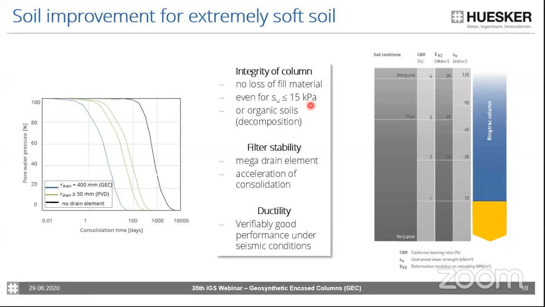The minimum undrained shear strength in which the columns have been installed was 0.5 kPa, which is basically really thick water or really muddy sludge. And also for organic soils, the system can be of great advantage,